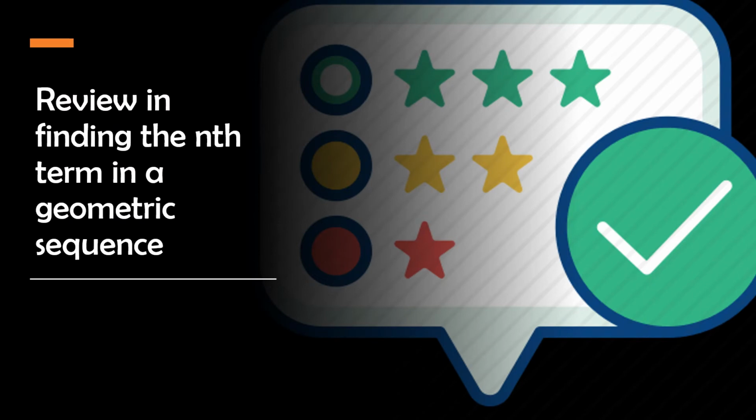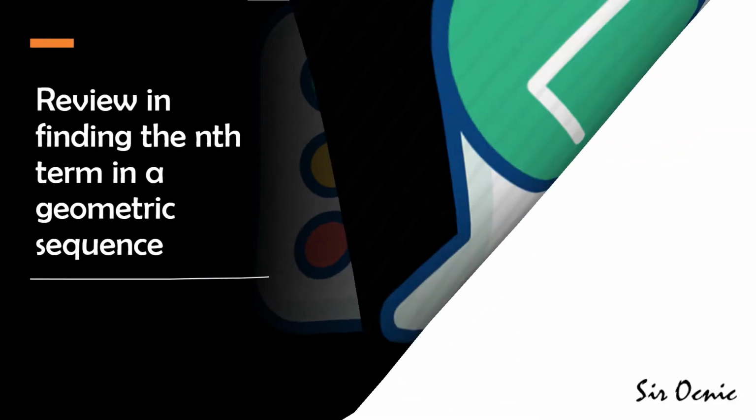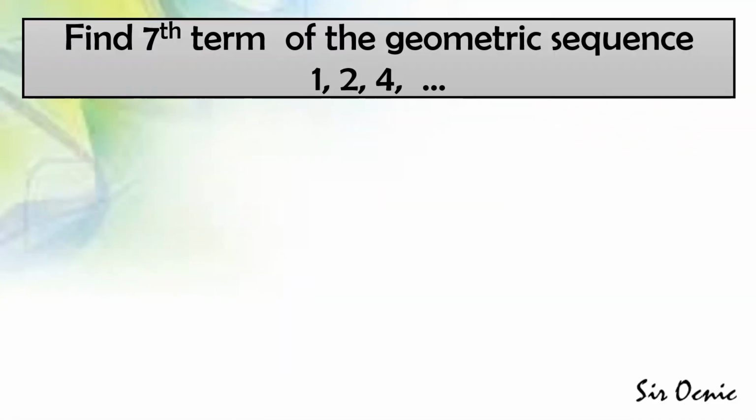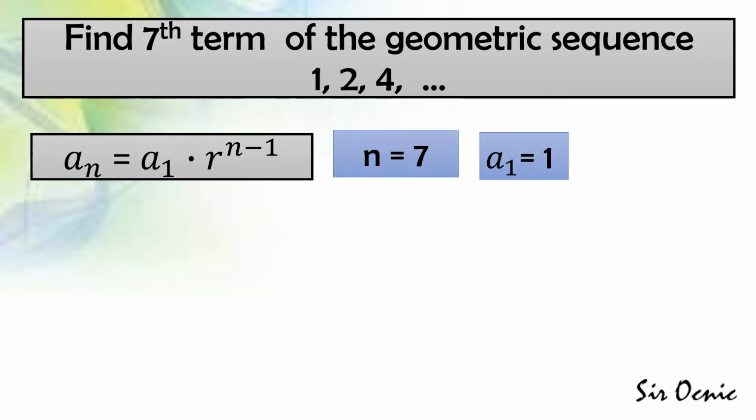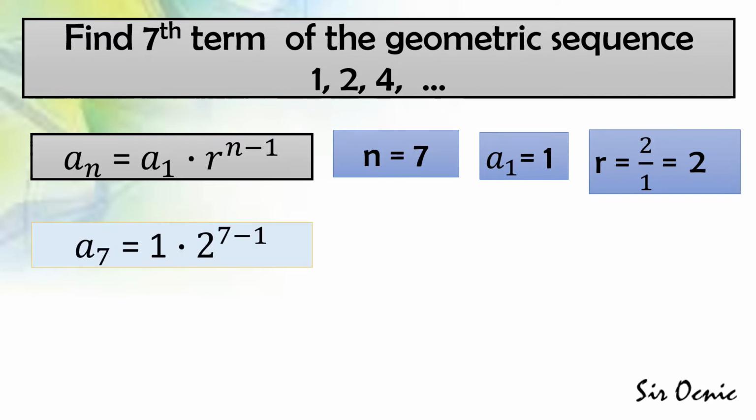Let's have a review in finding the nth term in a geometric sequence. Find the seventh term of the geometric sequence 1, 2, and 4. Using the formula a sub n is equal to a sub 1 times r raised to n minus 1, wherein n is equal to 7, a sub 1 is equal to 1, and r is equal to 2 over 1, or simply 2. Substituting the given values to the formula, we will arrive at a sub 7 is equal to